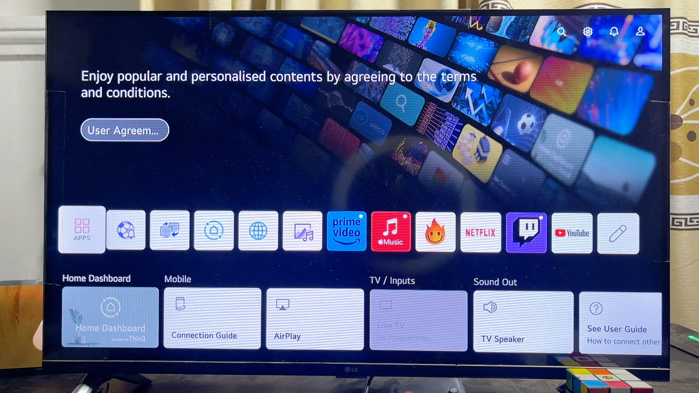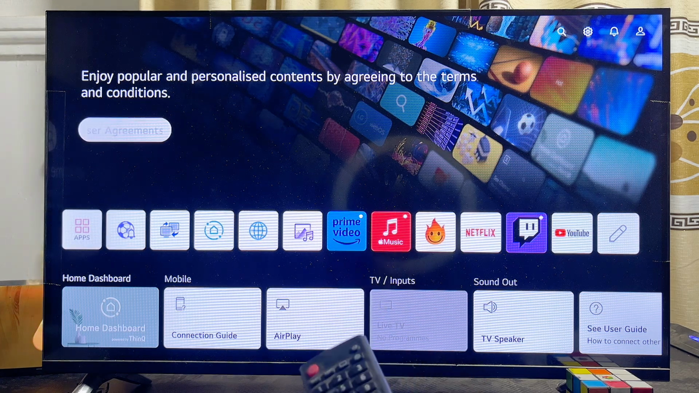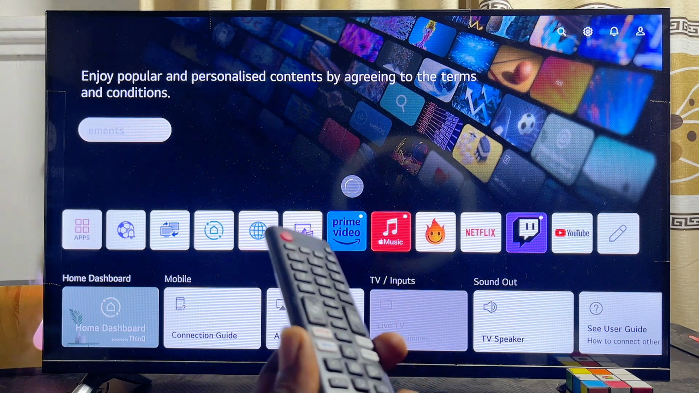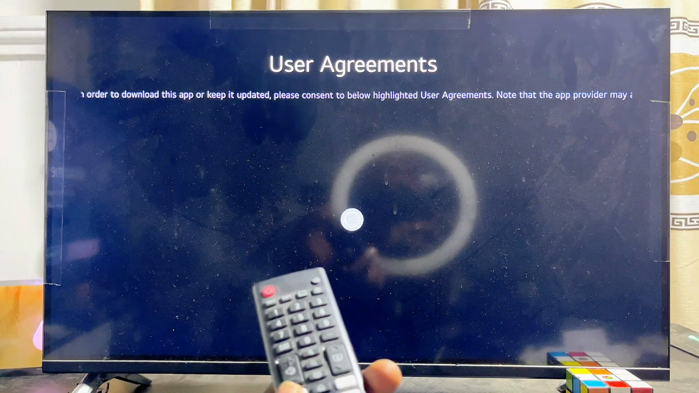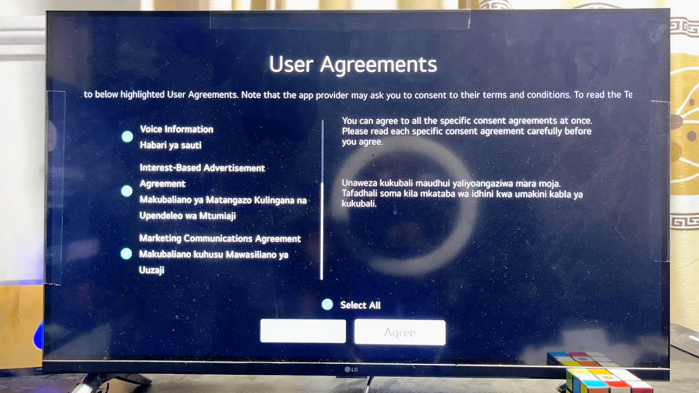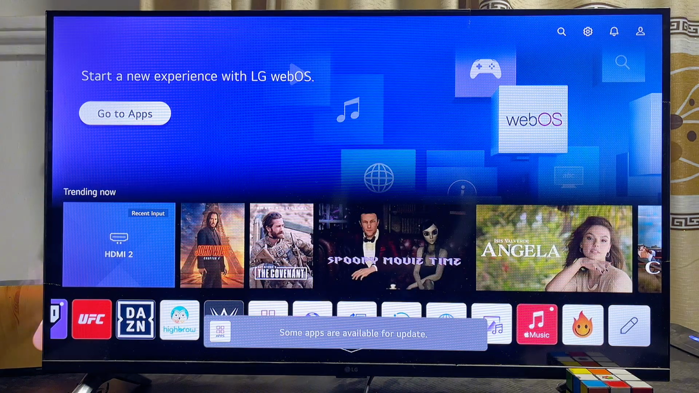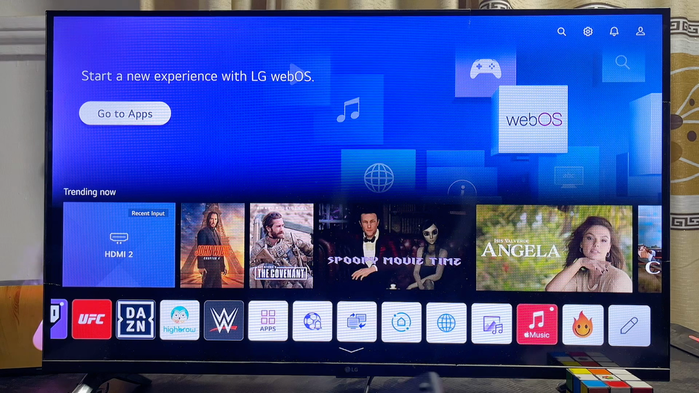Now what you just want to do is to scroll over to the top and click on the user agreement, so you can actually agree with the laws of that particular region. Click on more and then click on I agree. And as you can see at the top, we can now access some of the apps that are exclusive to